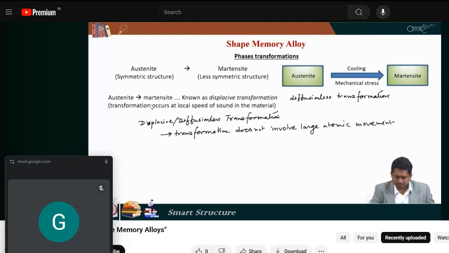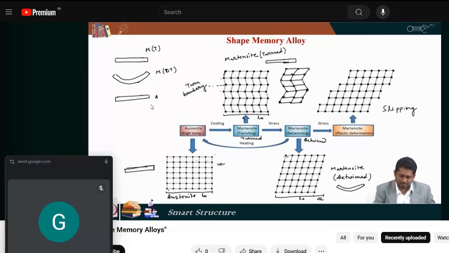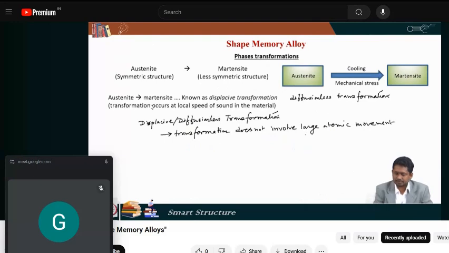And that we can see here also. If we compare this phase with this phase, the amount of movement the atoms take is not large. So they don't involve large atomic movement. In fact, the atomic movement magnitude is less than